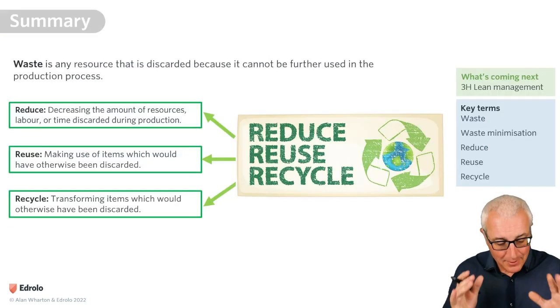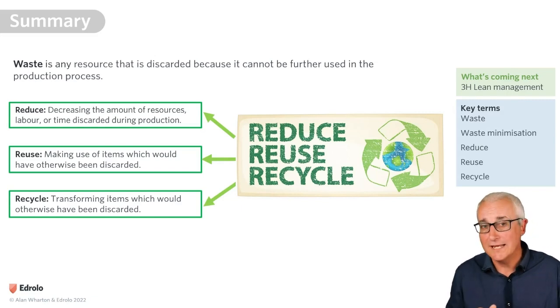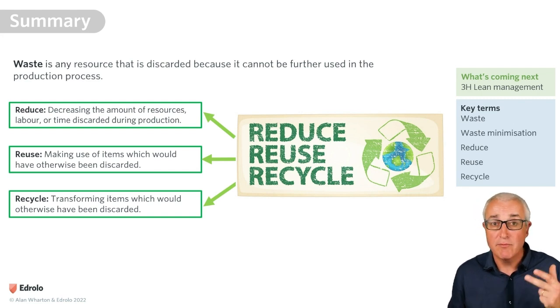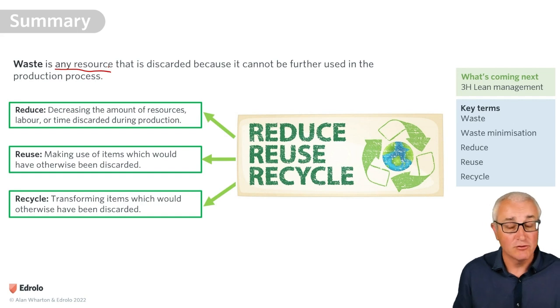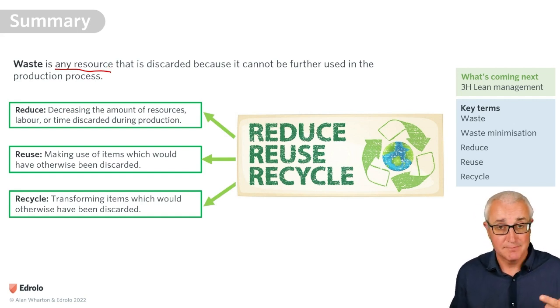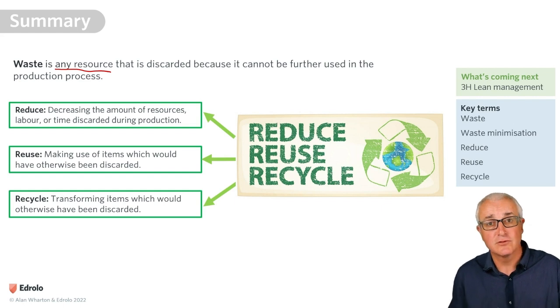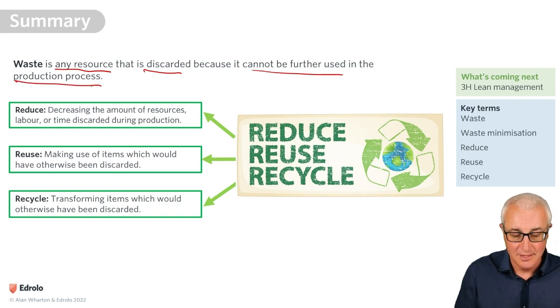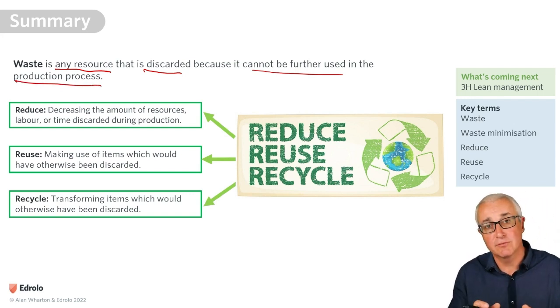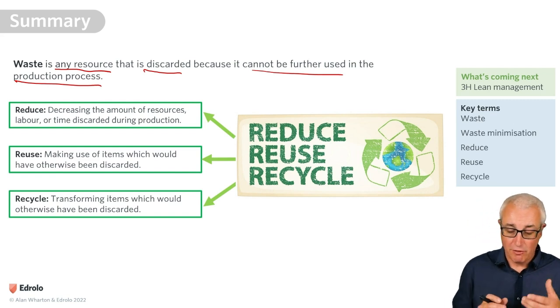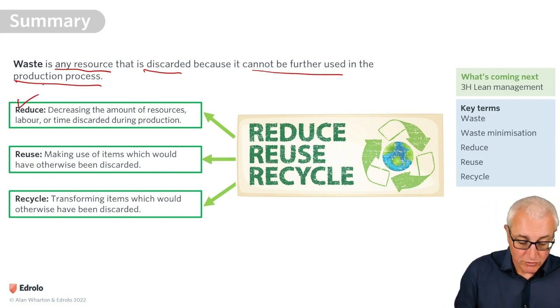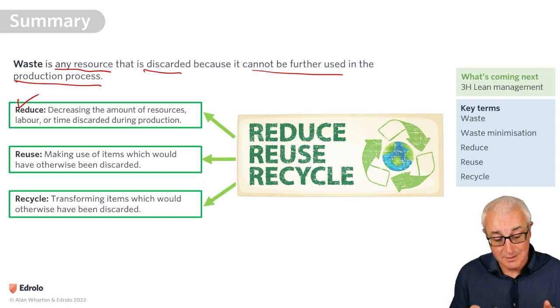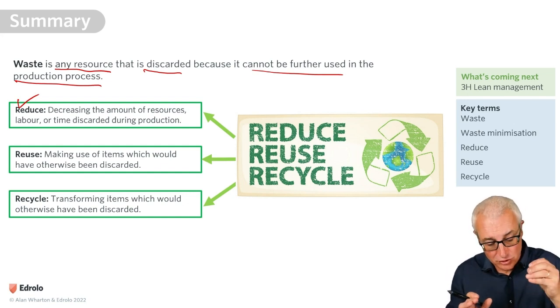Okay, so here we have a nice summary of our 3 waste minimization strategies: reduce, reuse, and recycle. So remember, waste is any resource. Okay, not just raw materials, but it's time, it's machinery, equipment, raw materials, all of that combined that is discarded because it can't be further used in the production process. And we want to try and reduce waste wherever possible for lots of reasons. Okay, so the 3 strategies are reduce, trying to reduce the amount of resources we actually use to make the production. So by trying to use our material better, by trying to maximize its use,